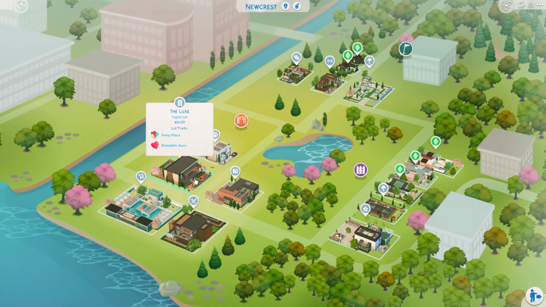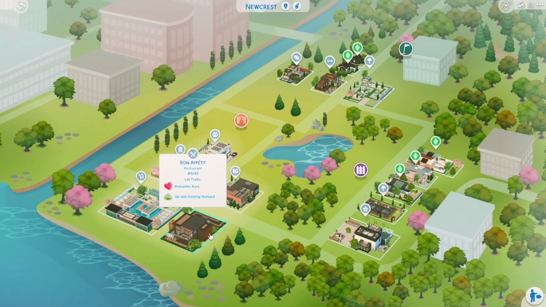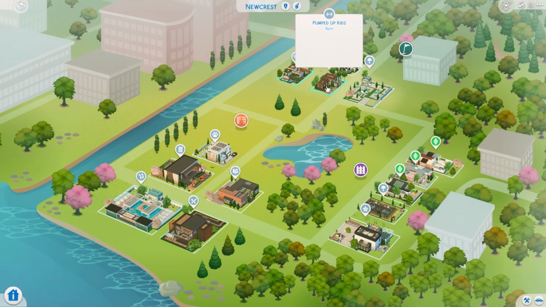And next door we have the Luxe Nightclub and Lounge, but I uploaded it as a nightclub. And across the street we have the Newcrest National Library, and also a Bon Appetit, which is a very fancy restaurant, and we have the Splash of Newcrest public pool. So this is all of the lots of the save file, and as you can tell,